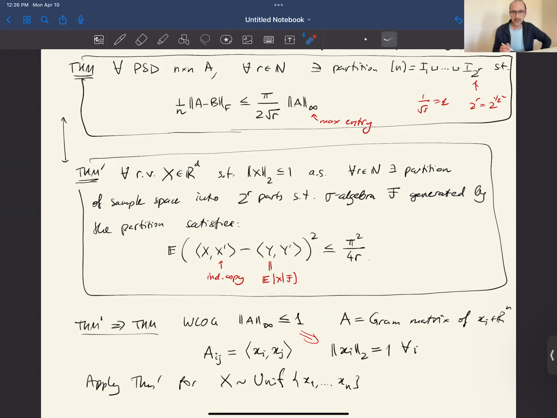But xi, xj are exactly the entries of A. What's the conditional expectation? Conditional expectation makes a random variable constant on the parts of the partition. And that literally means that we're averaging on that part. So that gives us a matrix B here. This becomes aij, and this becomes bij, and then we square them and take the expected value. What's the expected value? That's just the sum of all the squares normalized by n squared, and that's it. So we see that this theorem implies this. The other direction is easy, but we don't need that direction.